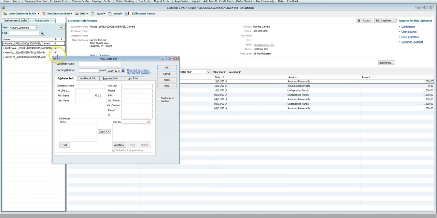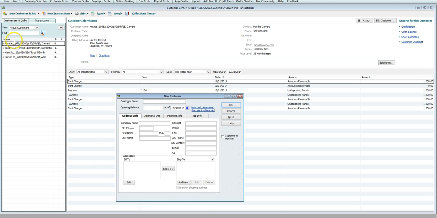screen. If you notice over here on the left, all of my accounts start with the street name. It's much easier to locate what you need if you do it this way. Don't put in the numbers first, because then it's a mess trying to find something quickly, especially if a tenant calls in with a question. So when you get the screen, we're going to put in the address first, and let's just say